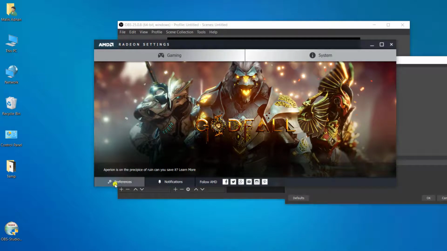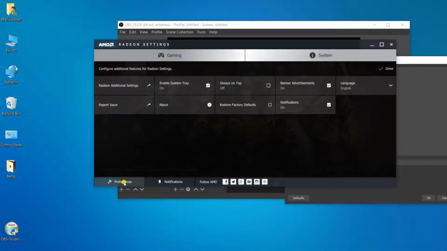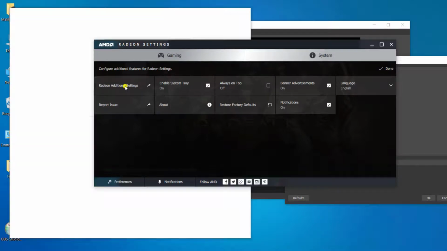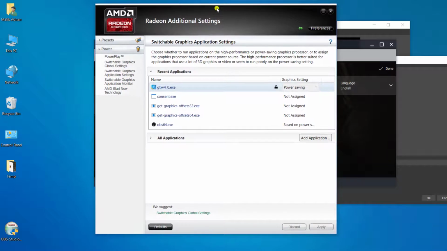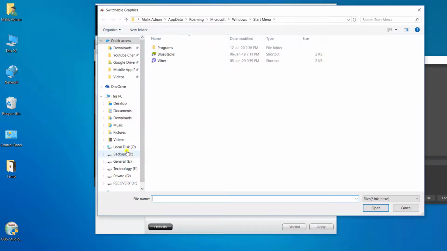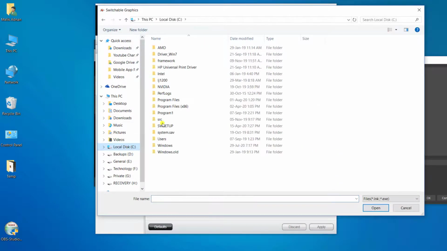So I am on the home section, going to the preference settings and additional settings for Radeon. Just click on it. So here now I am setting AMD as my priority to use in the OBS software. So I am adding the exe file, as I did with the Intel HD graphics before.